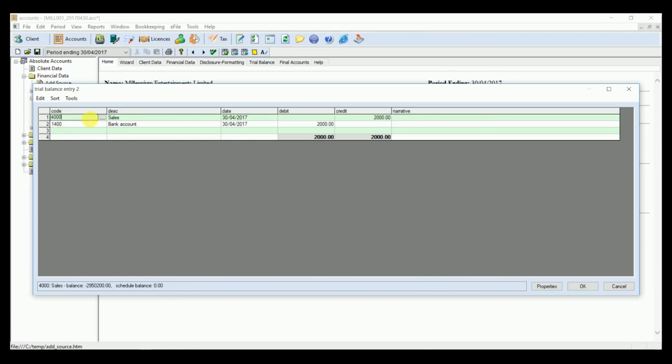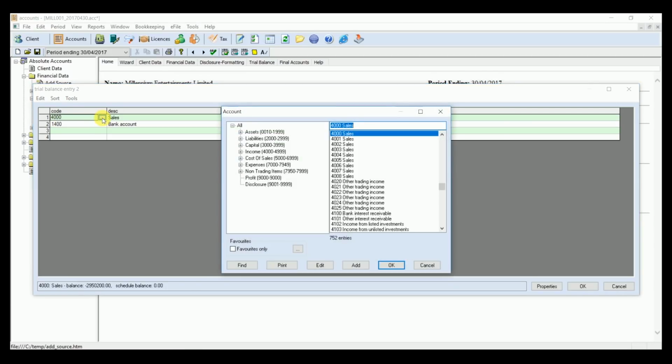So if I click on this line here, you'll see a square with 3 dots. If you click on that, this will then give you the chart of accounts. So we don't recommend that you add any codes into our software because the codes are tagged. So if there's something that you can't find within our software, if you find a code that's in a similar